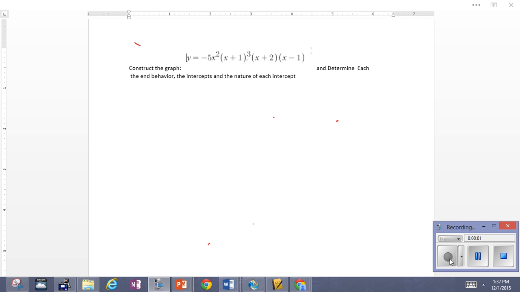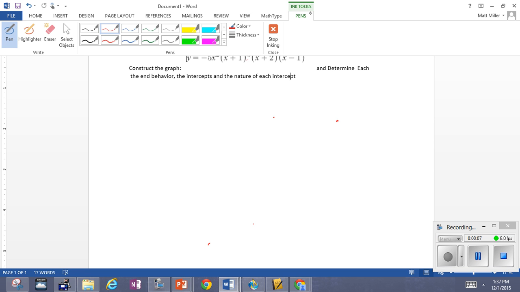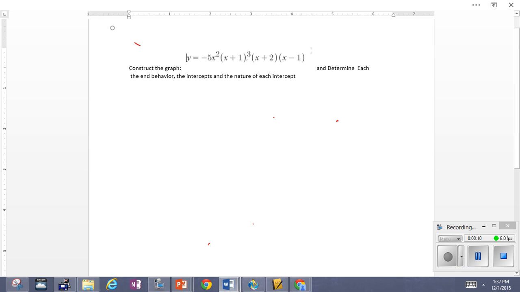Guys, here we go. We're going to start looking at graphing these polynomial functions, okay? Now, the polynomial function here is in factored form, as we could see, which actually makes it easier, because in the factored form, we can pick up a number of things. First off, and easiest, is to pick up the intercepts. Obviously, the factors are telling me we have intercepts at x equals 0, x equals -1, x equals -2, x